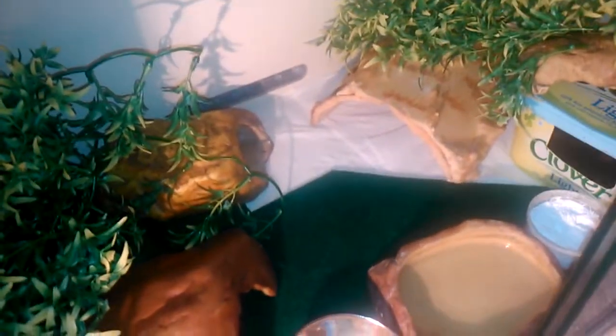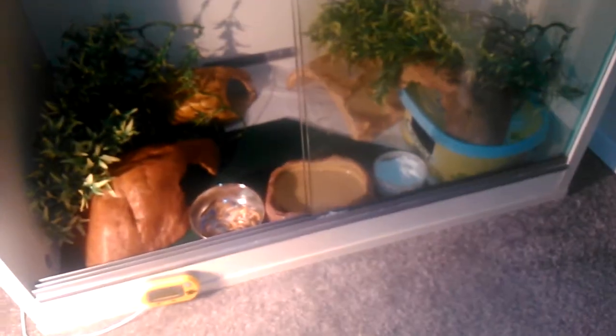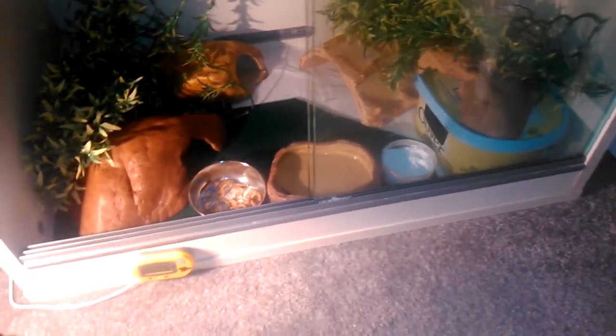In that respect, if you're keeping hatchling leopard geckos, always keep them on damp paper towel, simply because it's just a lot easier, and it's just recommended by breeders, as you've probably already heard in previous videos. But yeah, you can also use liner or tile as other recommended substrates. It's just basically whatever you prefer. This is solely my advice, so I'm not saying anything's right or wrong. I'm just